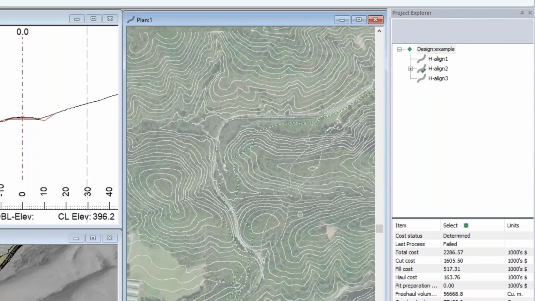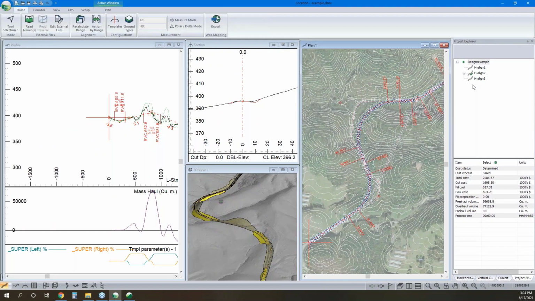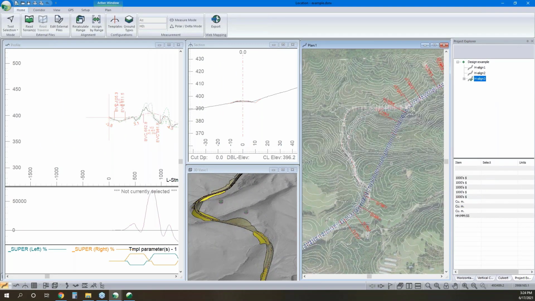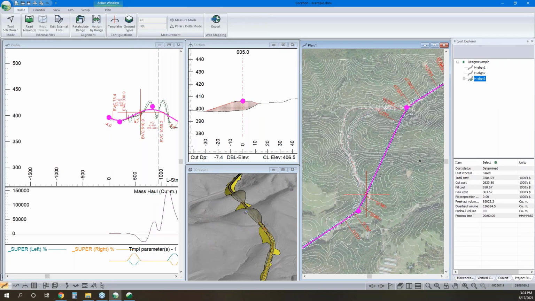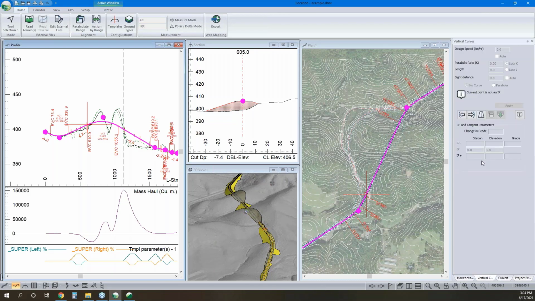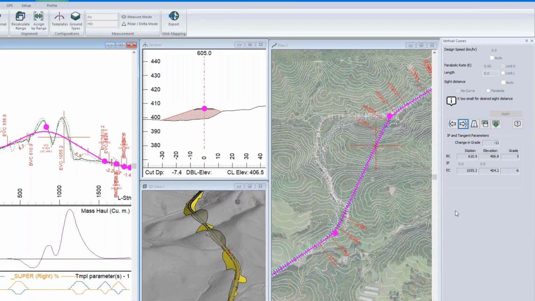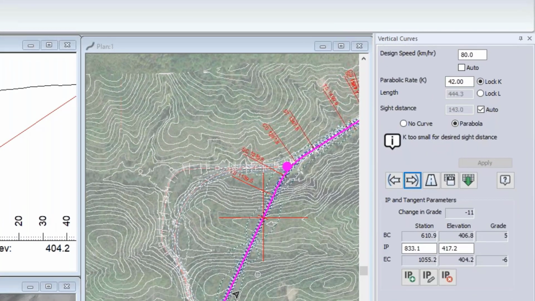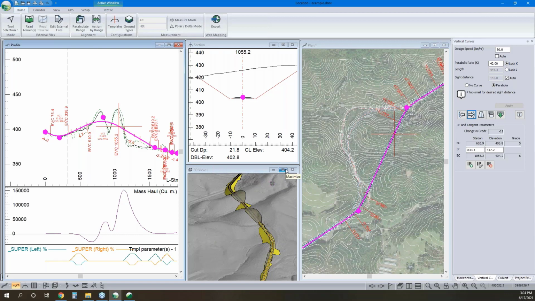Now, back to this one that's kind of pre-set up. So this one, we've got multiple alignments in the same file. This one's similar to the one that we've started designing. And here we've got that K value of 42 on our crest. Now here, the warning we get is K too small for desired sight distance. Well, let's see how that actually looks from the